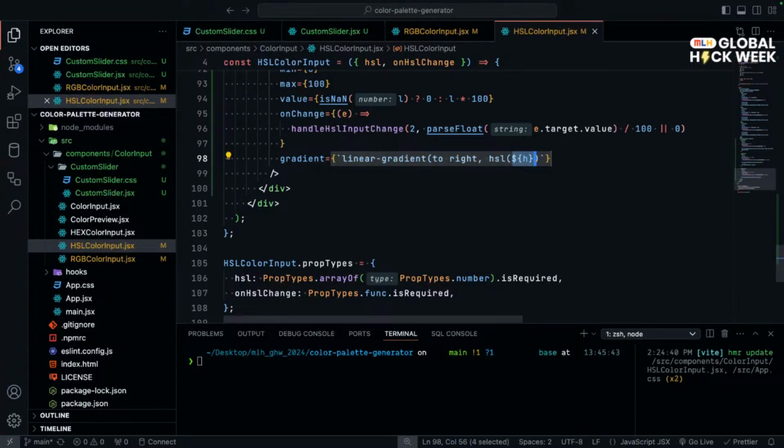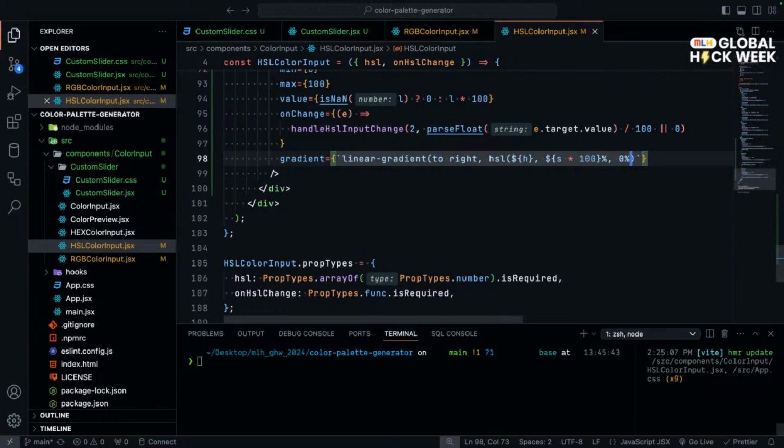Okay, so $H, that's whatever is the H value. Then 0%, no, not 0%. What would it be? It would be actually S into 100%, whatever is the saturation, comma